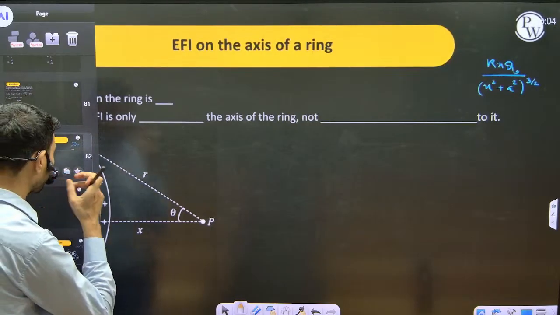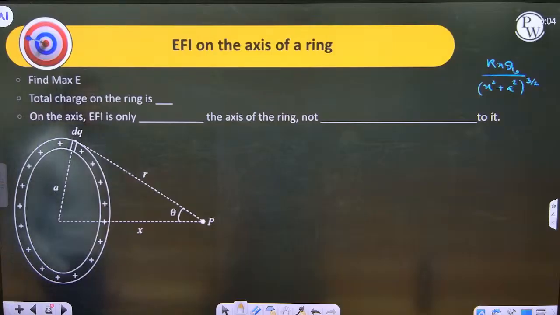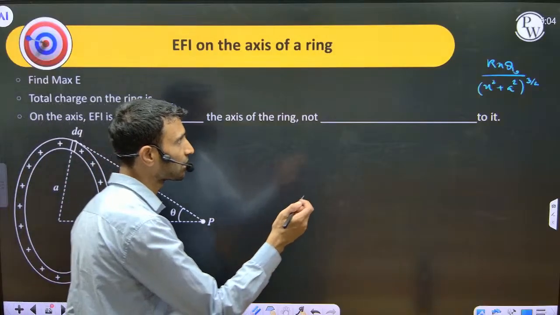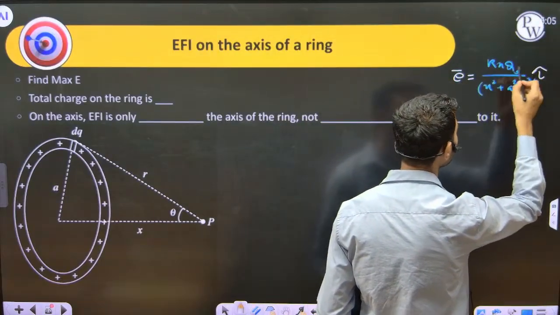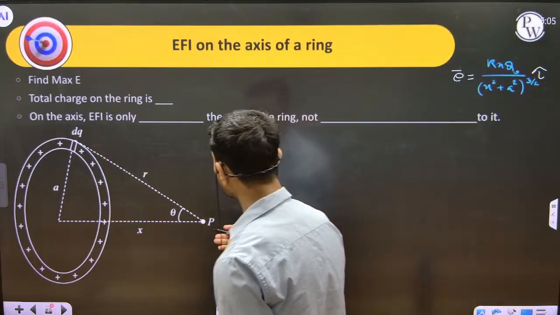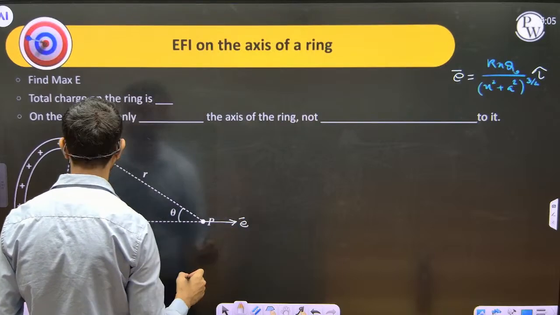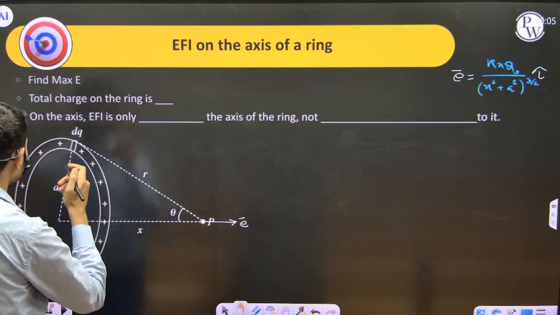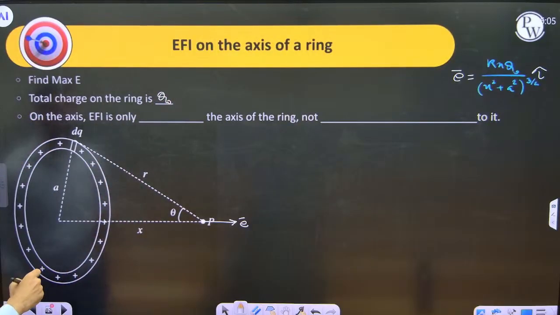So this is what we did last time. If you remember, we found out the expression for electric field. We did the derivation in the last class, and your electric field comes out to be this, right? K x q naught divided by x square plus a square, and the electric field was in this direction. Right? So total charge on the entire ring is q naught. On the axis, electric field is only